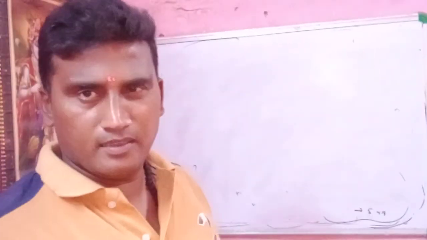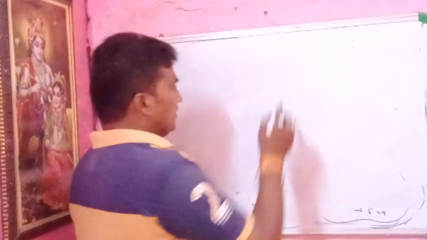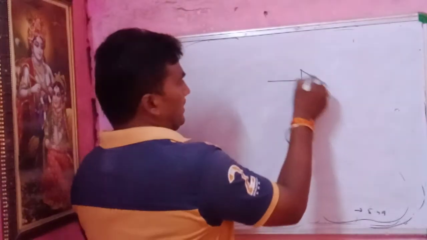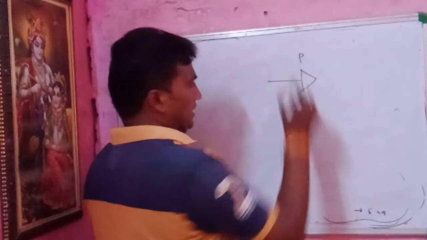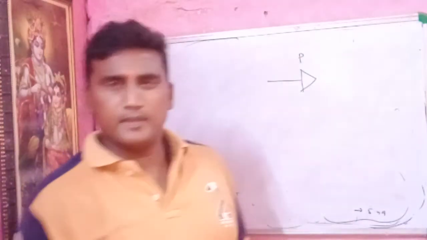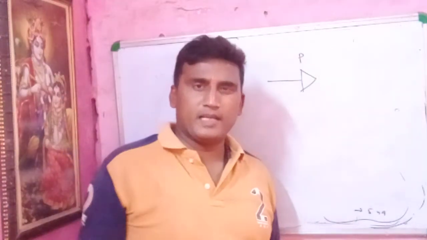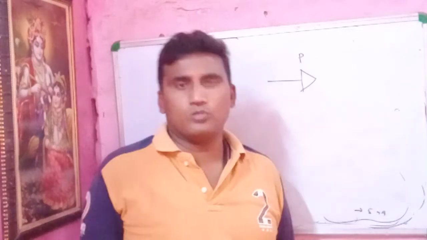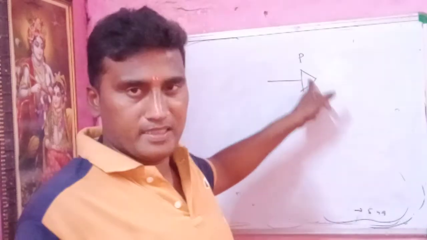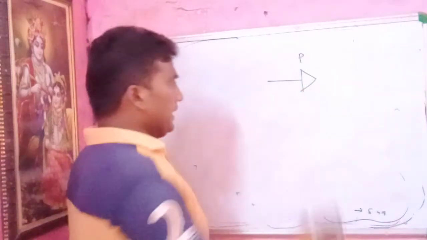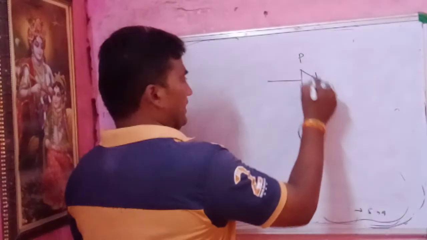Biasing is generally of two types: one is forward biasing and the other is reverse biasing. We know that semiconductors are generally of two types, intrinsic and extrinsic. Extrinsic semiconductors have two types, N type and P type. The P type semiconductor is represented by an arrow, and the N type semiconductor is represented by a short